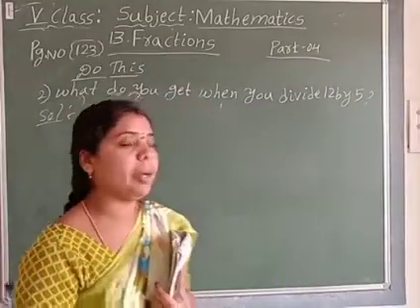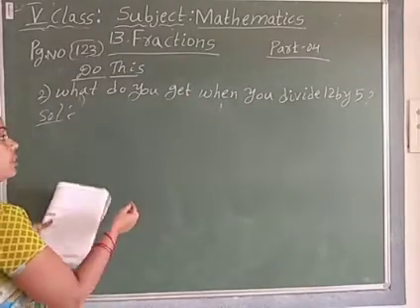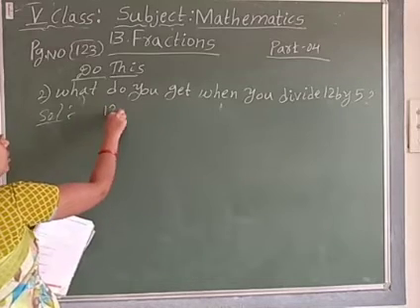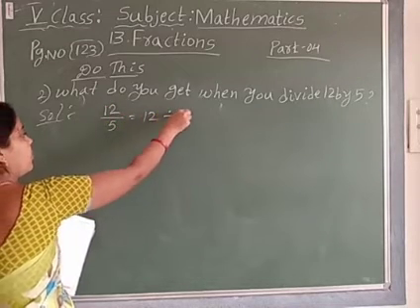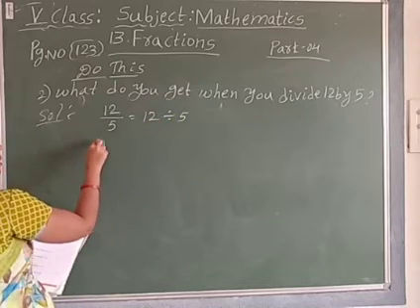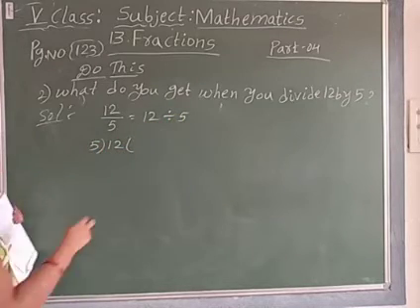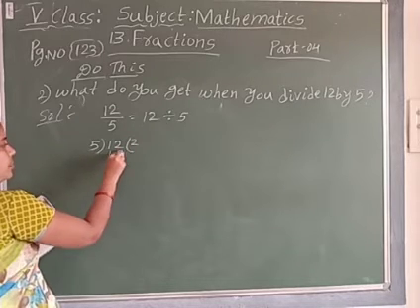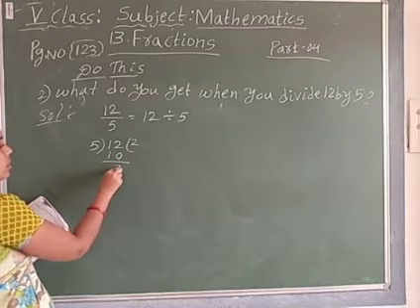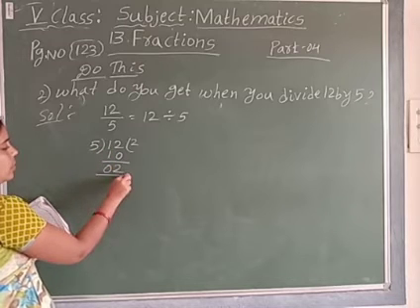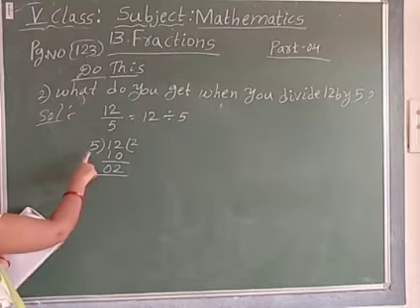Sometimes the remainder is a very big number, or one does not come out. At that time, what will we do? So we are writing 12 divided by 5. 5 into 12. 5 twos are 10. 12 minus 10 is 2. So 2 is the remainder. Quotient is 2, divisor is 5.